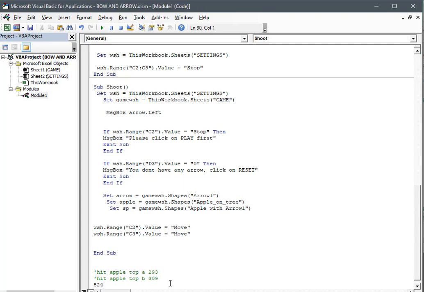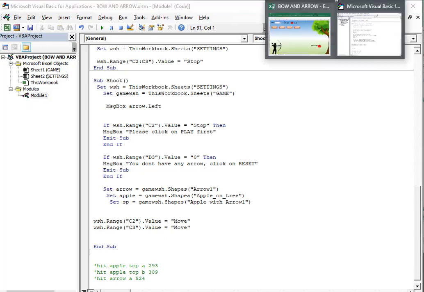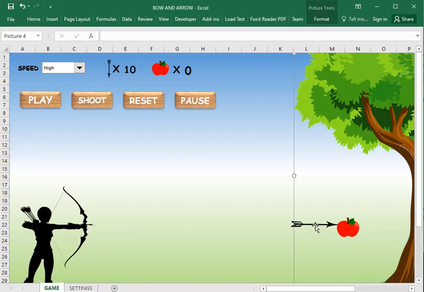Okay, so you can tell the system that this thing is arrow, the arrow A. Then we go back to the game again, and when the arrow is in this direction,